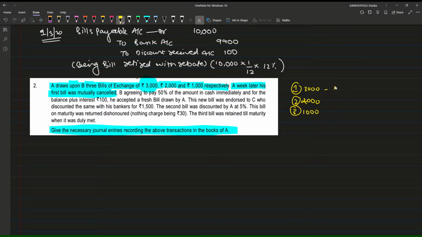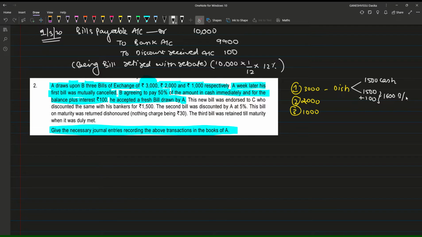The $3,000 bill has been dishonored. Okay. Next, B agreed to pay 50% of the amount immediately in cash, and for the balance plus interest of rupees 100, he accepted a fresh bill drawn by A. No problem. Dishonor has been completed, and 1,500 has been immediately paid in cash, and 1,500 plus rupees 100,